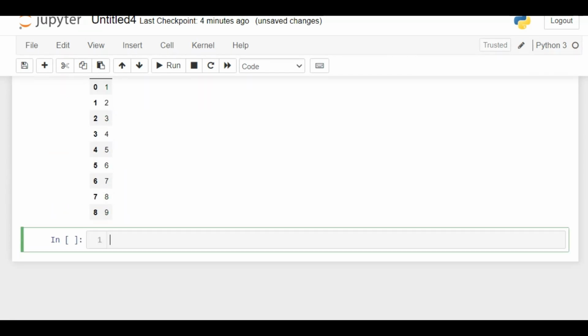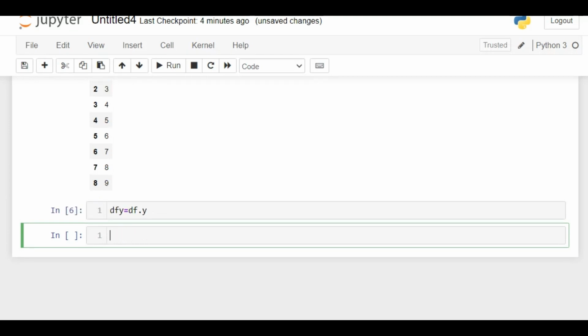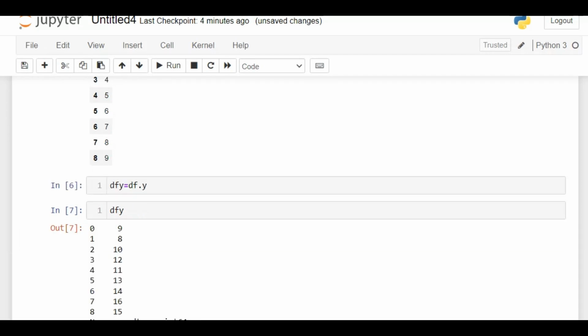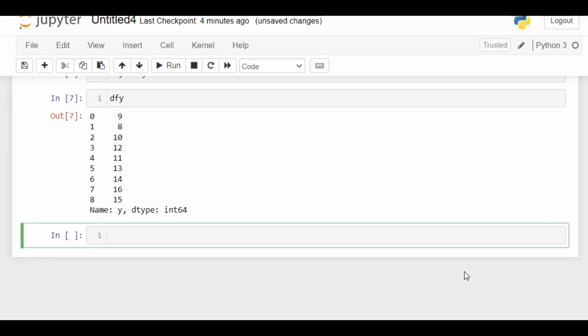Perfect. And the target value, let us store the target value in dfy. df.y. Okay. So our dfx and dfy